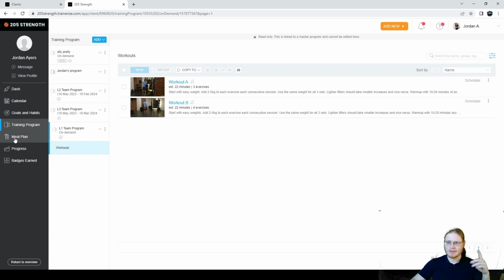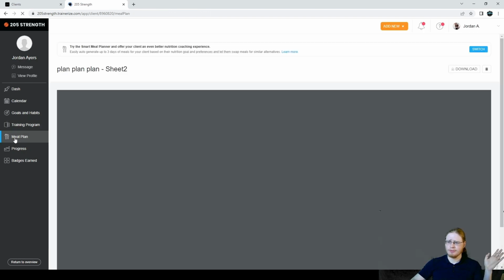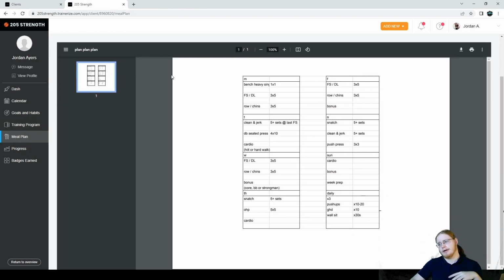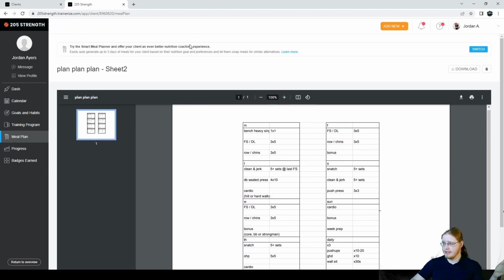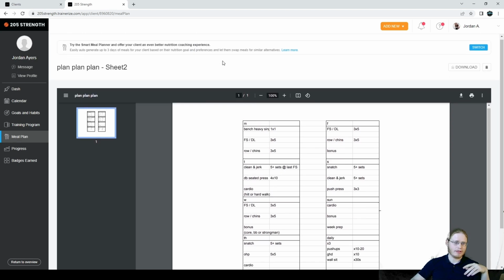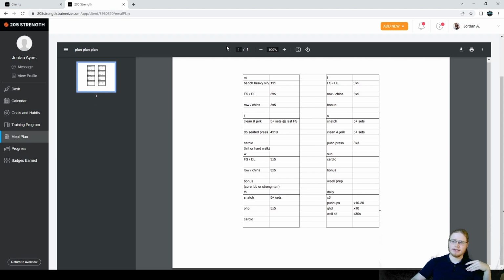Interesting. The meal plan tab is another one that we probably won't use that much. What I usually use this for, since I'm not a diet coach, I don't do meal plans for people, is I'll put just other general plans. A lot of times when we sit down and talk the first time, I'll write out a bunch of notes. I'll try to draw up the general outline of goals, challenges, and basic outline of the plan. And I like to just put that here so you can look and be like, all right, we